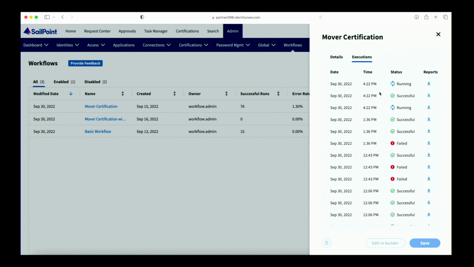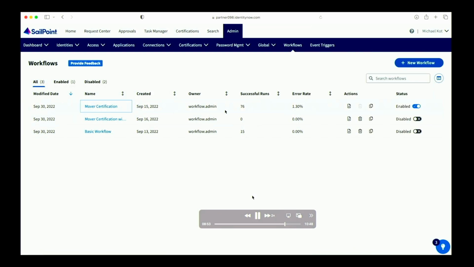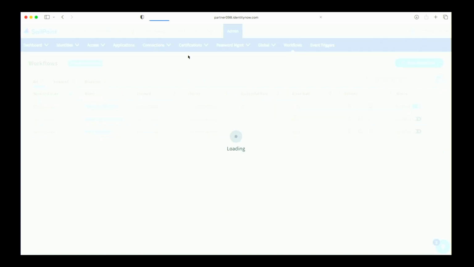You can actually download some reports and get into troubleshooting and debugging if you're having failures, like I may have had a little bit earlier in the day. In any case, as these run, it takes a couple minutes to process through. But now if we go back to our certifications, so the certification campaigns,